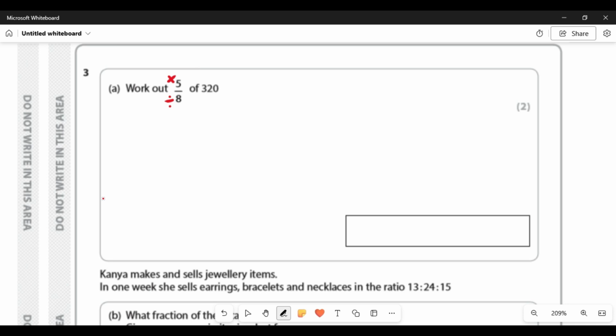So let's do 320 divided by 8. I'm going to have to do it without the calculator. 8 into 3 doesn't go. 8 into 32 goes exactly 4 times, and there's a 0 there, so we put a 0 here as well. So that's 1/8